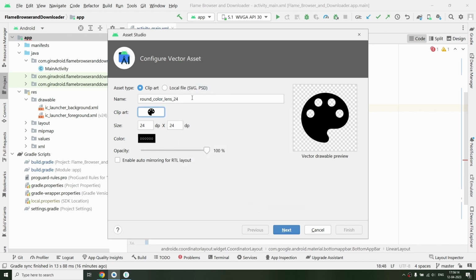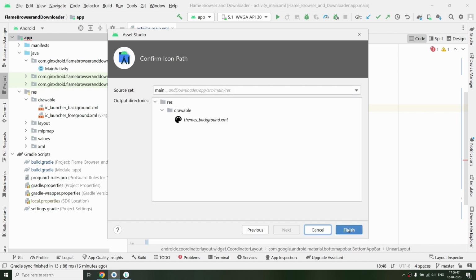Click on OK. Rename it to themes underscore background. Use 26dp as its size